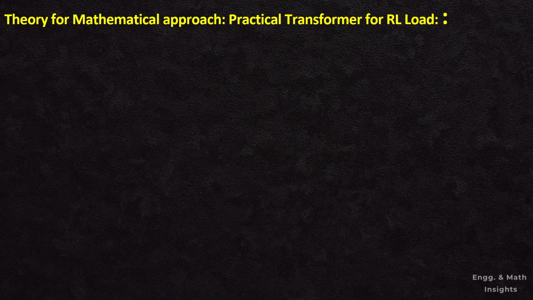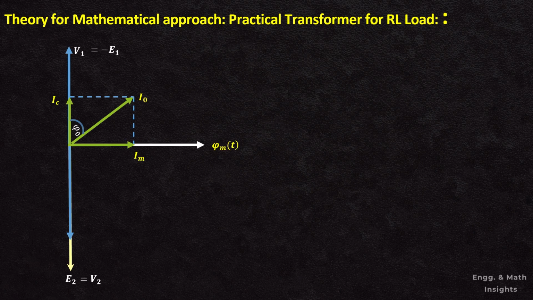In the last lecture, we saw the analysis of a practical transformer with no winding resistance and no leakage reactance. Let's extend our understanding by analyzing the phasor diagram for an RL load. This will help us comprehend the mathematical approach more effectively. Here we see the phasor diagram representing the current components and the voltage relation for a practical transformer under an